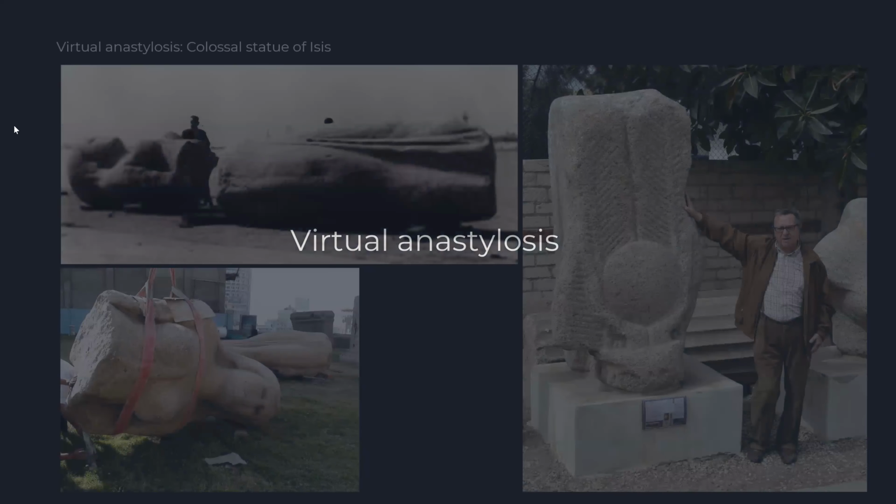So yes, this is about the underwater site. The second part I will speak about is virtual anastylosis, how we reconstruct some statues discovered under the water. And I will start with